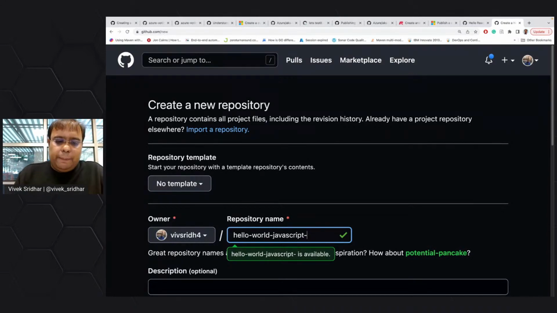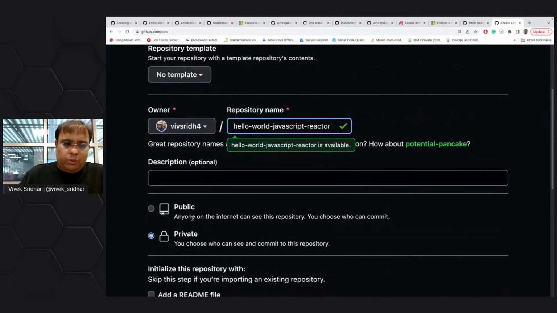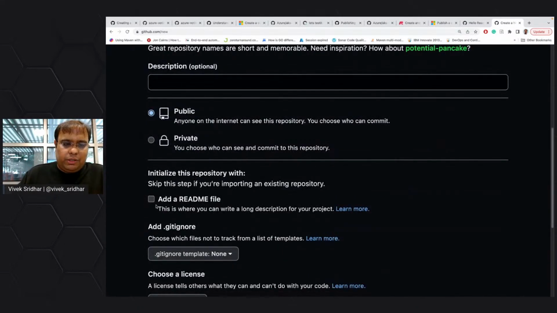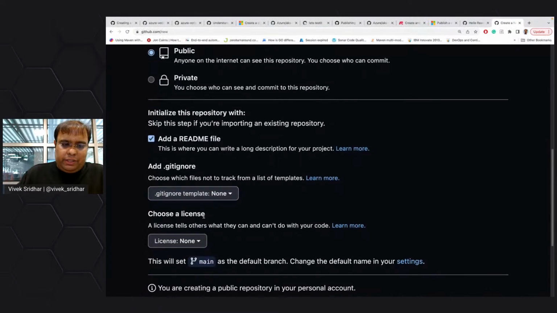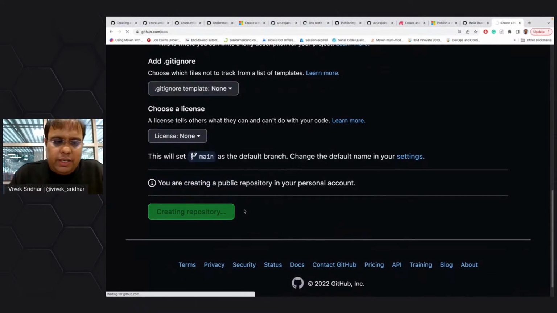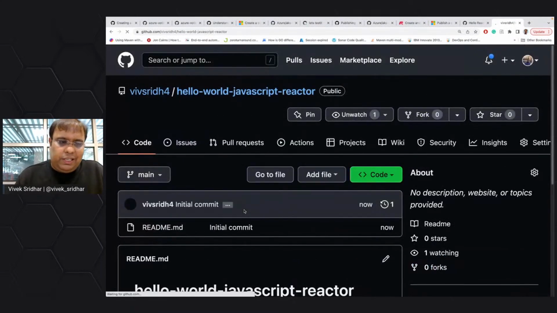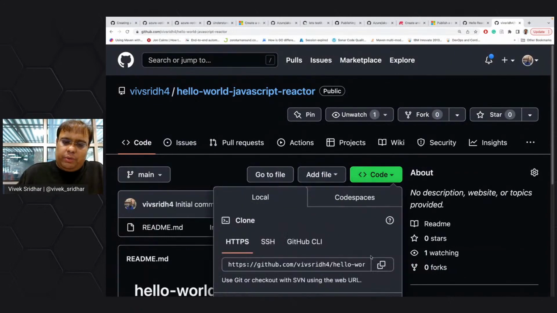So there is hello world, JavaScript, Reactor. I've created a Reactor demo, and again it is public, it is for readme, and everything is there. I'll create a repository. So now the drill is the same. We have the repository, we copy the code,